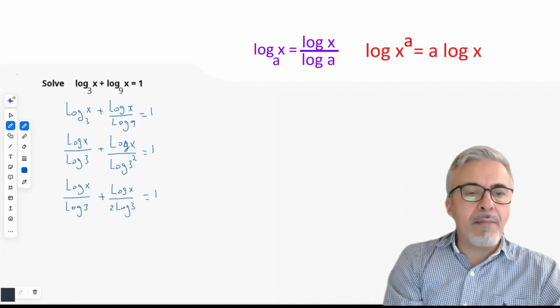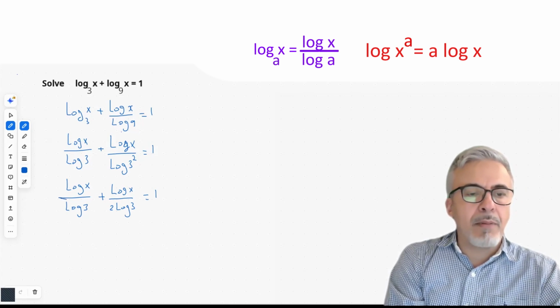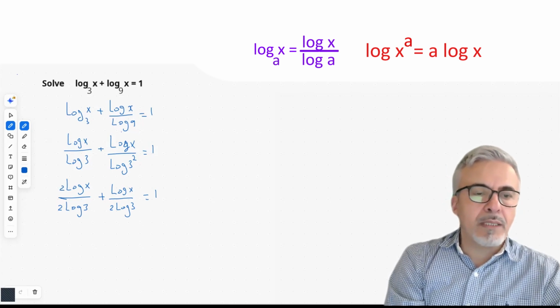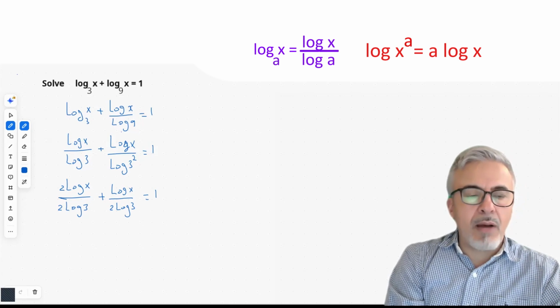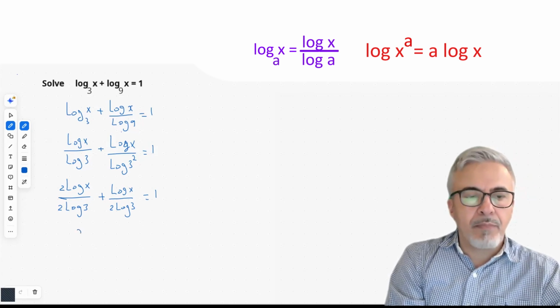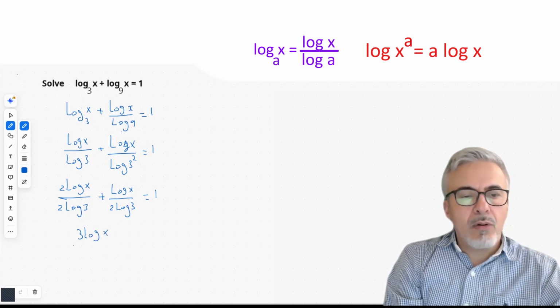I'm going to make this a common denominator by multiplying the top and bottom by 2. So I put a 2 in here and a 2 in there. Now we have a common denominator, which means I could add these. 2 plus 1 log x gives me 3 log x all over 2 log